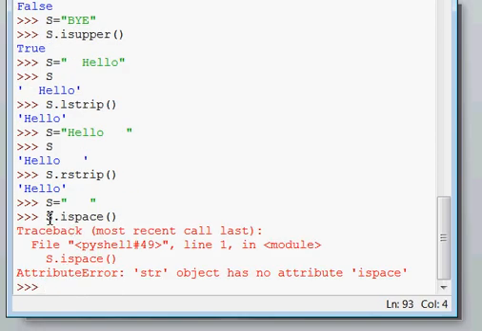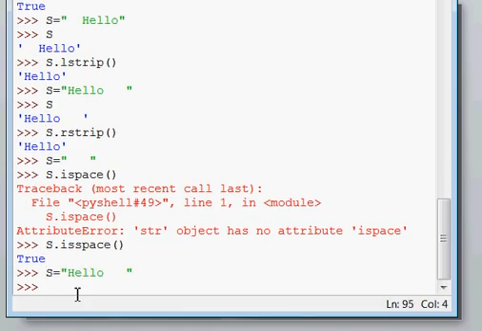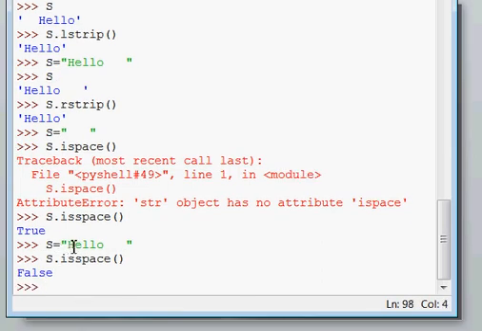Okay, we got a spelling mistake here. It is isspace, means double s should be used here. This is true in our case, but if you use s equals to hello, and then you try to use s dot isspace, it will give false. Means in this string all the characters are not white spaces. It will give true only when all the characters in your string are white spaces.